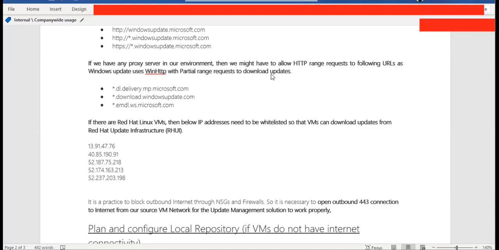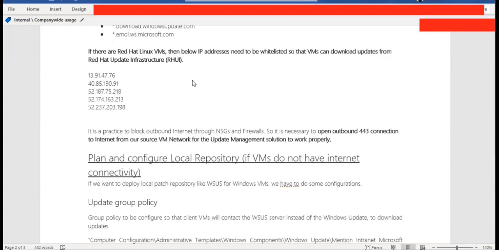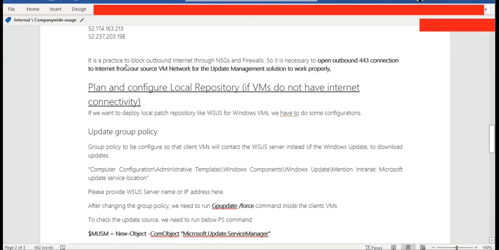Also, if we have any proxy server in our environment, then we might have to allow HTTP range requests to the following URLs, as Windows updates use WinHTTP with partial range requests to download updates. If there are Red Hat Linux VMs, then the below IP addresses need to be whitelisted so that VMs can download updates from the Red Hat update infrastructure. It is a practice to block outbound internet through NSG and firewall. So it is necessary to open outbound 443 connection to the internet from our source VM network